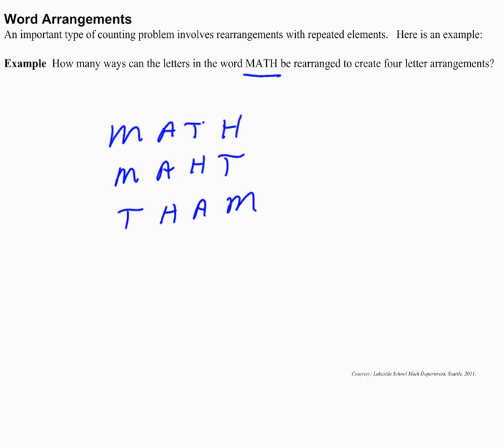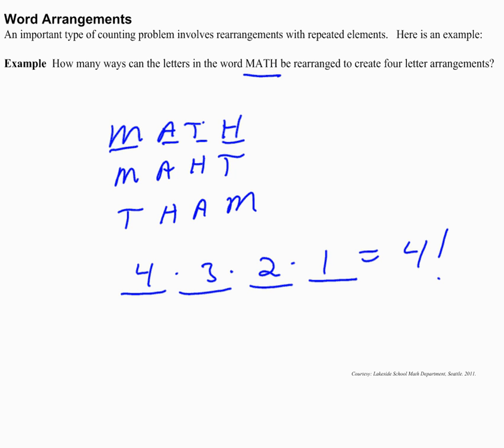Well, this is definitely going to be a permutation, because once I've chosen one letter, that leaves me only the 3 remaining letters, and then the next one, the next one, the next one. So if I have those 4 choices, there's going to be 4 for the first one, 3 for the second one, 2 for the next one, 1 for that one, and so that's 4 factorial, 24 different ways. But,